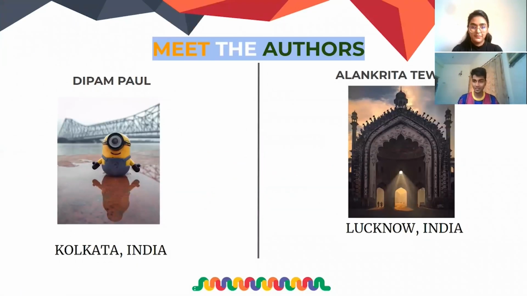I'm the one on the left. My name is Dipam Paul. I am a final year undergraduate student. I belong to the city of Kolkata, and that's a picture of my city. Not taken by me in particular, but a picture nonetheless. I am currently working as a research assistant at Emory University, and that has been my journey all throughout. I work in the areas of deep learning and medical imaging.